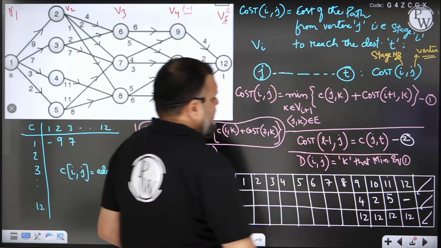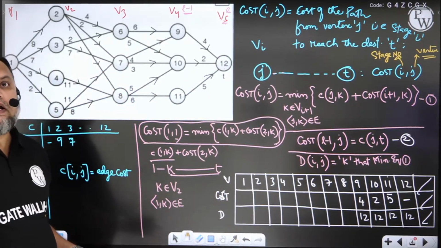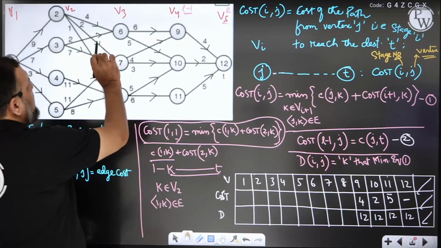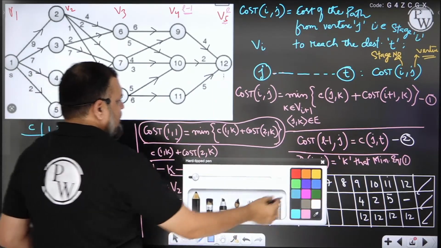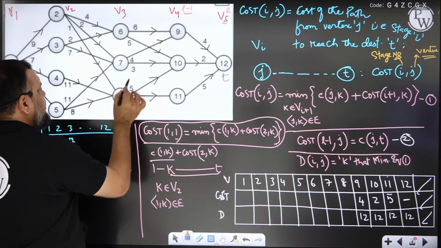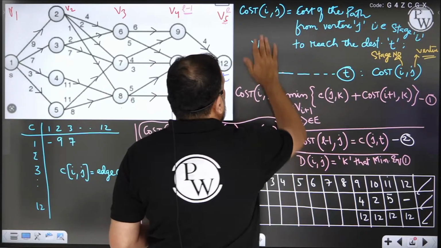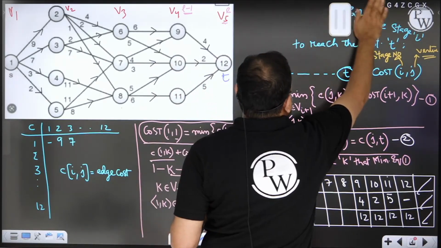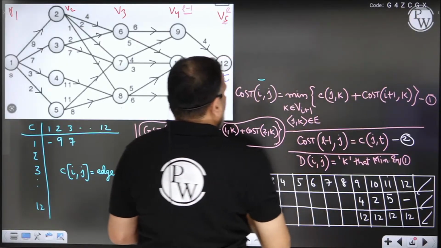What is cost of 8? Cost of 8, vertex 8. पहले हम understand करेंगे meaning क्या है cost of 8 का. Cost of 8 means cost of reaching the destination vertex T from 8 present in third stage. अगर आप फॉर्मूला के बेसिस पे जाएंगे, मैं थोड़ा इसे रब कर लूंगा अब क्योंकि आप लोग को समझ में आ गया, I will remove this so that I can write down everything at one place. ठीक है, देखिए